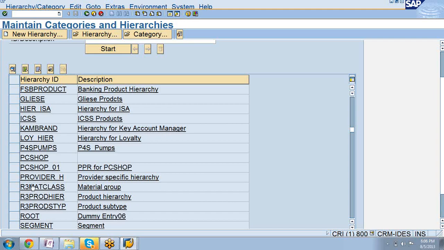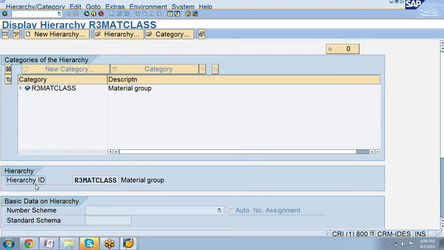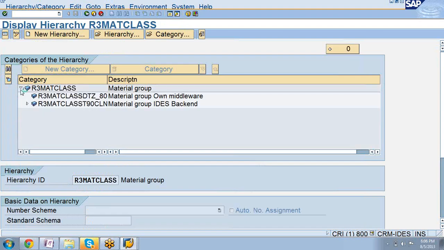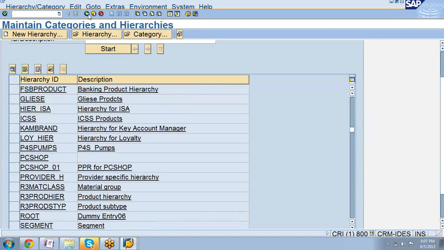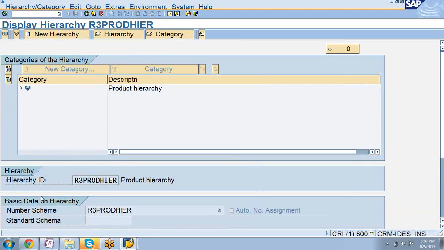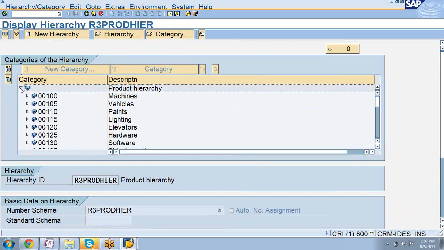Then, as I said, for class and hire, you don't need to create anything because we already have this. What do you mean by class? If you open this class, it will tell you what this class is all about. This is nothing but coming from the R3 backend, the ERP backend. Class is whether this product is made of steel or electronics, what product it belongs to. Suppose if you want to know what is hierarchy, hierarchy is like this. If it is software or hardware,